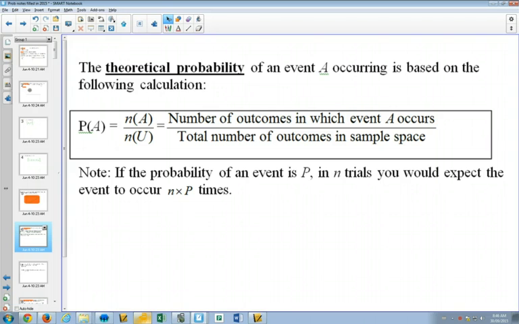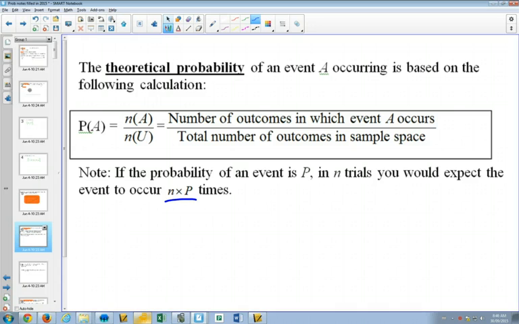And so if you were to do it 36 times, like we said before, you would expect to roll a 7 6 times. You would expect to roll a 2 only once. That would be your expectation. And we've got a little mini formula right here